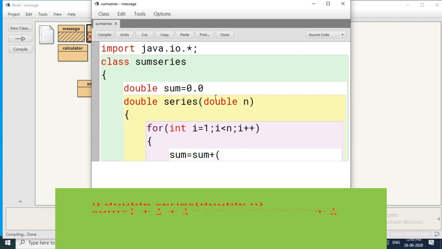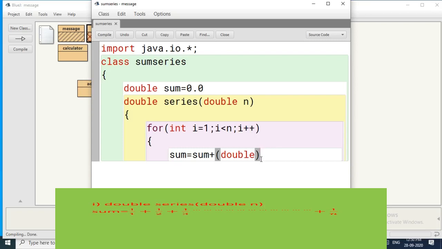We know this i is an int, but we have to convert it to double. Use explicit type conversion: I will use double here, because the denominator and numerator are coming. Because of that you will definitely get a decimal number, because the series is 1 by 1, 1 by 2, 1 by 3, like that. Then you have to use double in brackets, because we have to convert the integer value to double. Then only you will get the correct value.